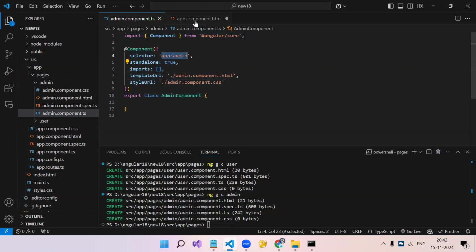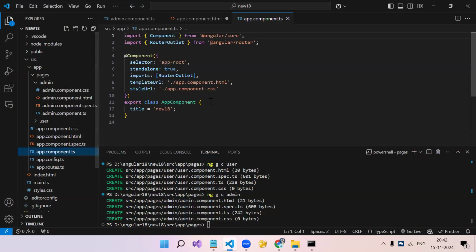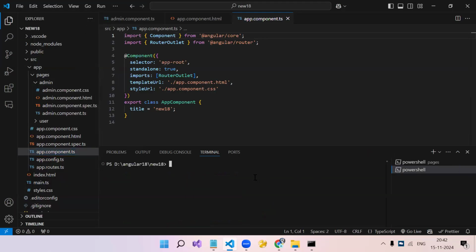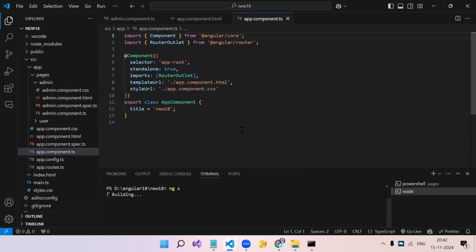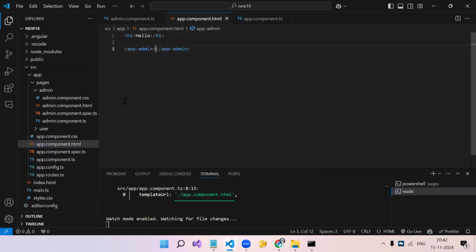If I copy this and paste it over here, why is it not giving an error? Okay, we didn't run the project yet. Let's run the project first. Let it run. Okay, so now here it is not giving an error, but if I try to access the application,